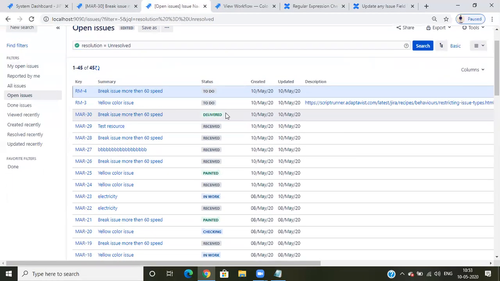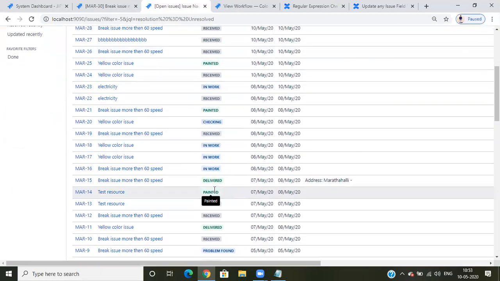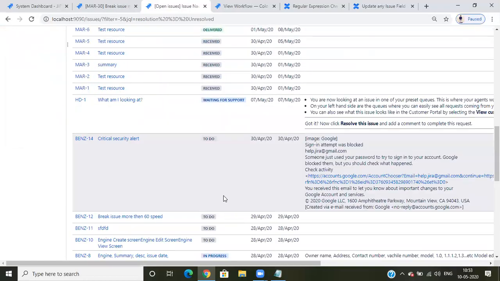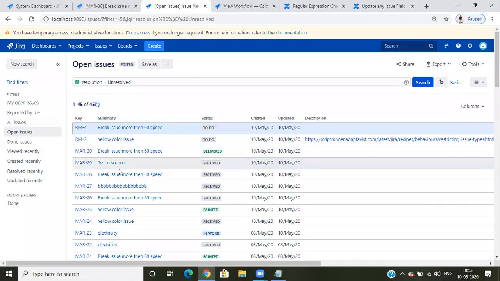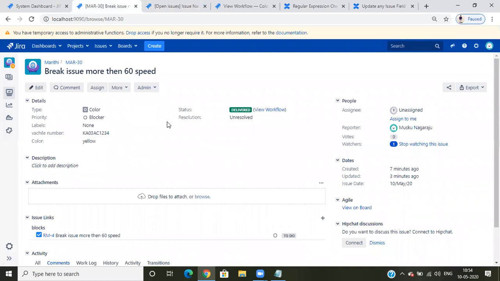But see here, my ticket is delivered. This is painted. Suppose this is closed, and there are different statuses like in progress. This all comes under open tickets only, but my ticket is delivered, right? This is my feeling, this is closed. But Jira will calculate them as open tickets based on resolution.